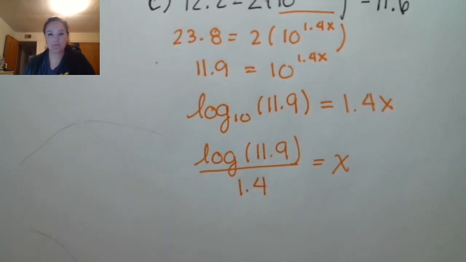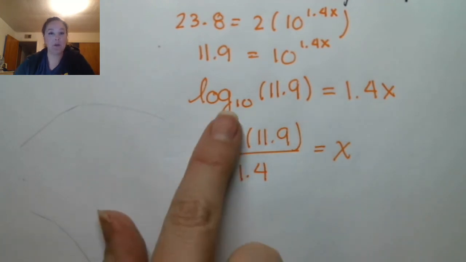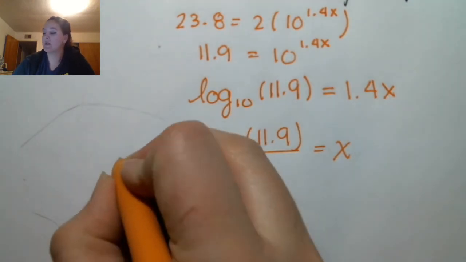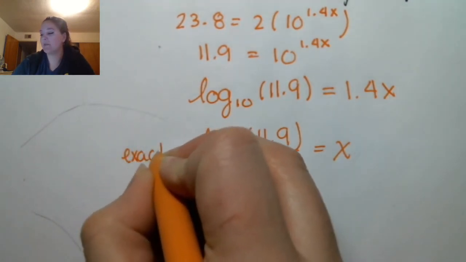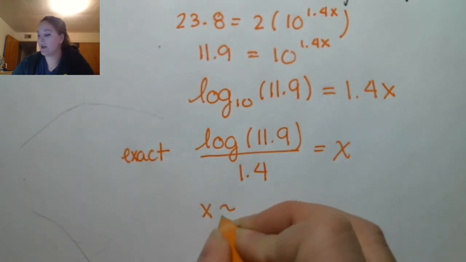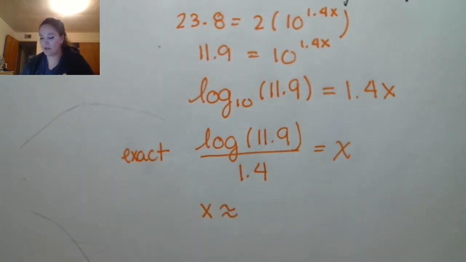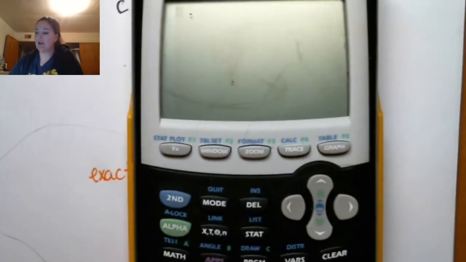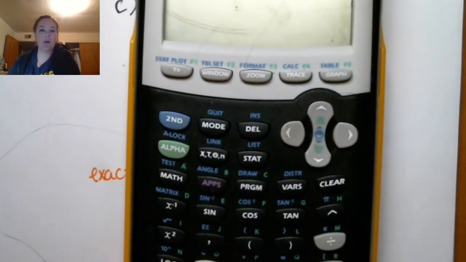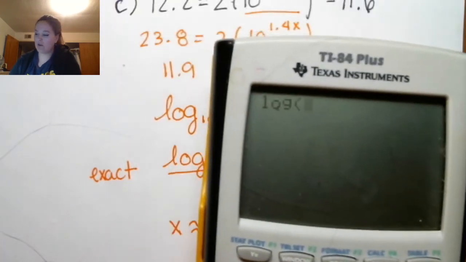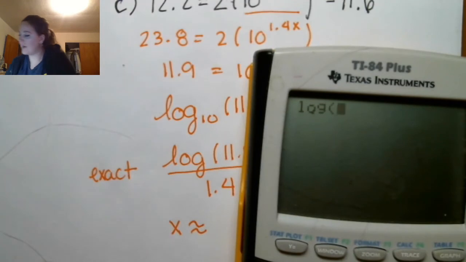Remember, if you have log base 10, you don't need to write it. It's the common log. So this is my exact answer. And if I wanted an approximate answer, I could certainly plug this into my calculator. You're using the common log button, which just says log. So I'll have log of 11.9